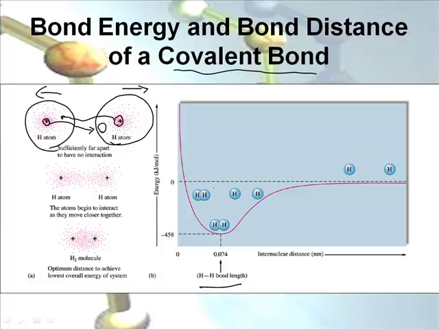So as you draw them closer together, if they're far apart, they're very separated out here, and then we come across on this graph closer and closer, you reach a point where they have the minimum amount of energy, which makes it the most stable situation. And if you smush them too close together, the nuclei actually start to repel each other, so that's why it has some higher energy there. So it reverses here. If you get the positive nuclei too close together, then they will repel.